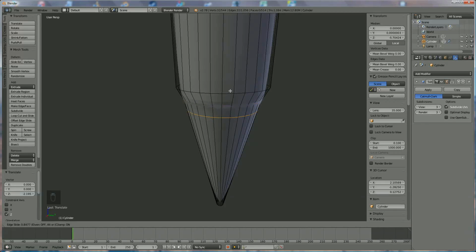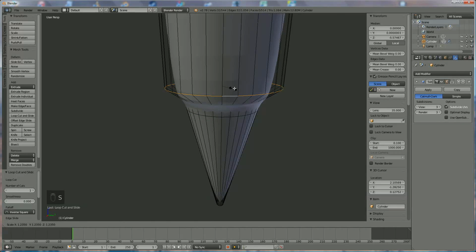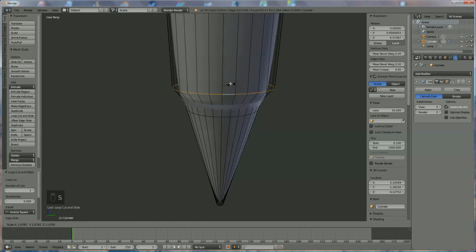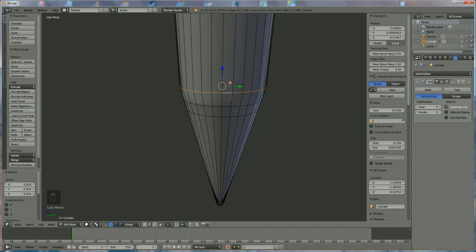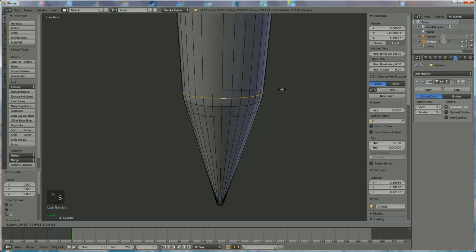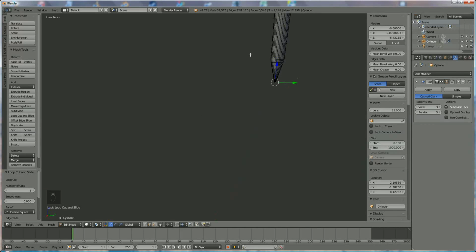You see, I've chosen that this one is not okay, so I press Ctrl Alt, and we're going to shrink it. So this is enlarging, shrink it like that, bring it more down, shrink it a little bit more. So this is looking okay, and on top of it the same thing. You want this very pointy, so we want it to look like that. Now I think the whole stick is ready,